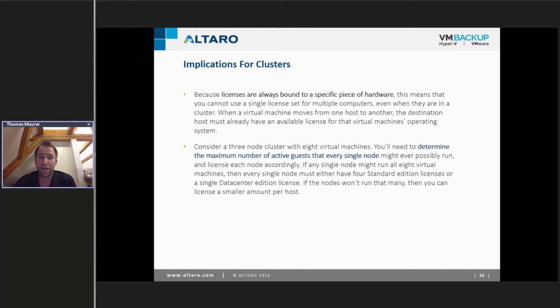So for example, in a clustered environment where you run 4 virtual machines and you have 2 Hyper-V nodes, you have to license 4 virtual machines on every node. It's very important to understand that every physical box has to have the full amount of virtual machines if you run inside a cluster, because the physical host can fail and you can run all the virtual machines on that host. So this is very important to mention, and if you do some calculations, right?